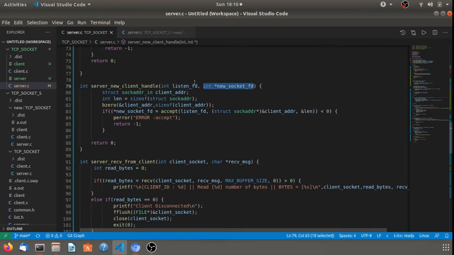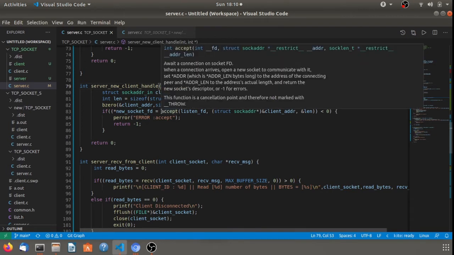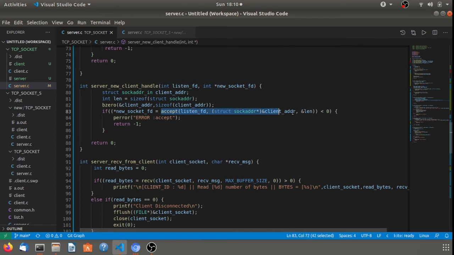The first one is a listen fd that we have to pass to this function, and we'll get the new socket fd from this function. We have implemented the accept system call here, and we have also put a check on accept. If it returns less than 0, then we will get an error.